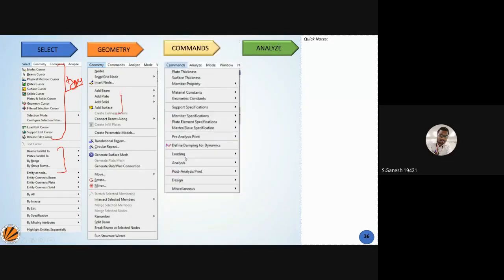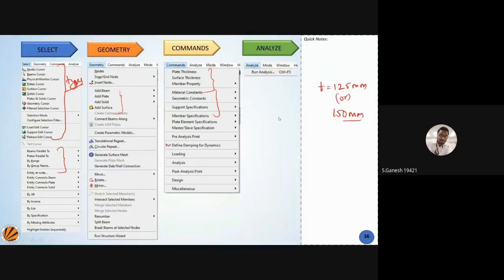And then commands, you need to give certain commands on the member specifications, what type of member, what is the size of that member, or what is the material, either it is a concrete material or steel material. So you want to give a command, right? And what is the thickness? Suppose I want to do for thickness 150 or 125 mm size. So I want to give these inputs. So that is given as commands for plate thickness, etc. And materials, what type of materials, density, member specifications, all these things.